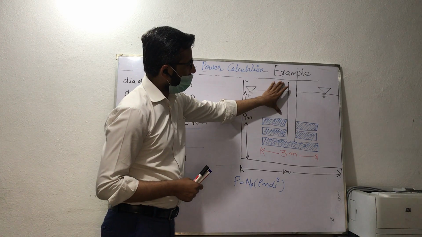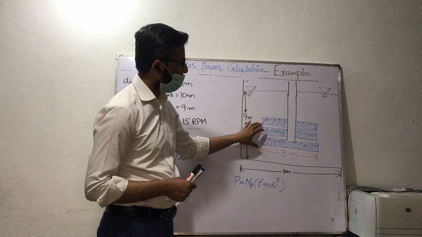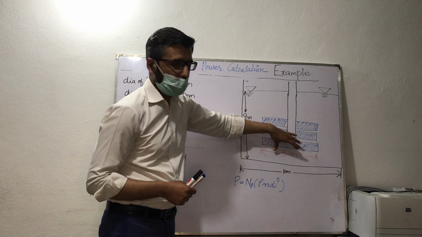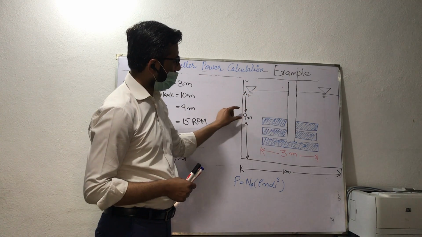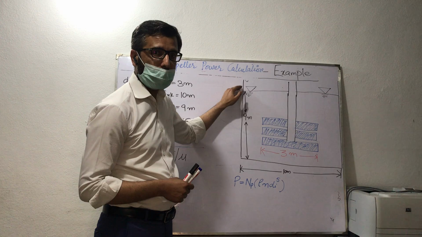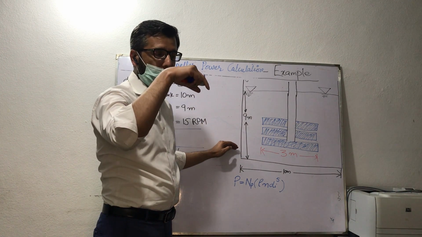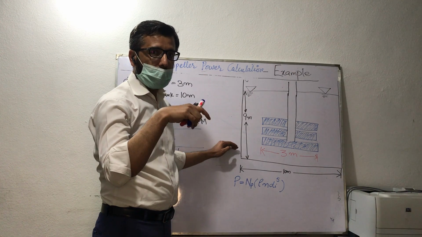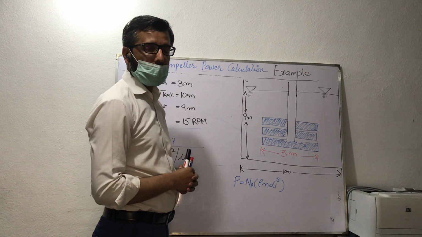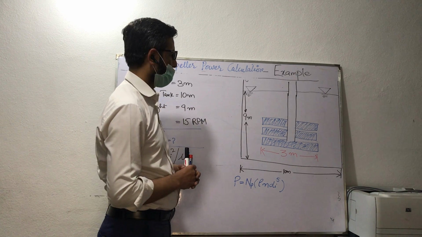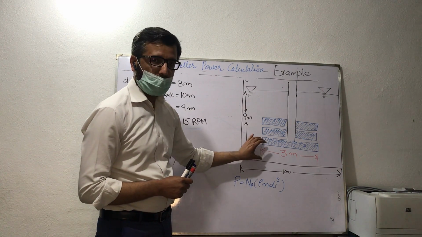This impeller is having this shaft, and on this shaft there are 6 impeller blades, and these blades are having 3 meters diameter, and the mixing height of this impeller would be around 9 meters. So the depth of the water is 9 meters inside the coagulation chamber. The impeller would be dipped inside the coagulation chamber for almost 6 to 8 meters, as we have to leave some space from the bottom as well.